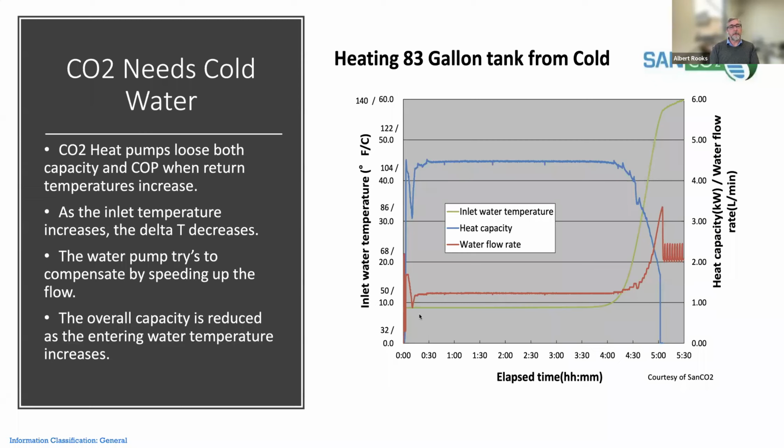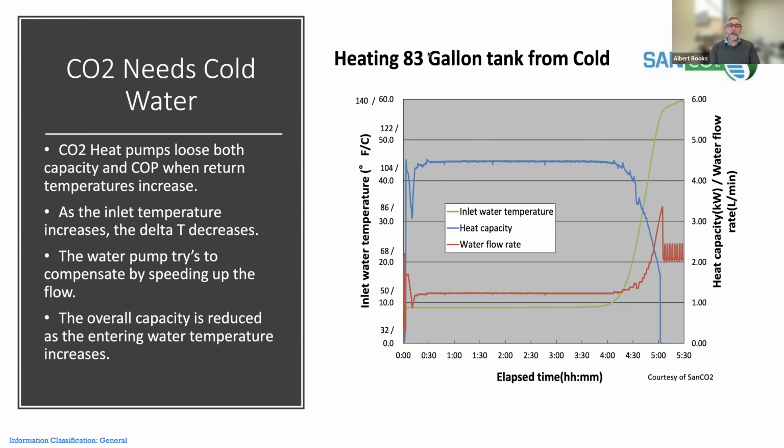And that blue line up there is the heat capacity of the heat pump. So you can see as the entering water temperature increases, the capacity of the heat pump decreases. And if you think about this simple relationship, this heat pump has a fixed 150-degree output temperature, and it's designed to take 45-degree water and lift it 100 degrees to 145 or 150 degrees,